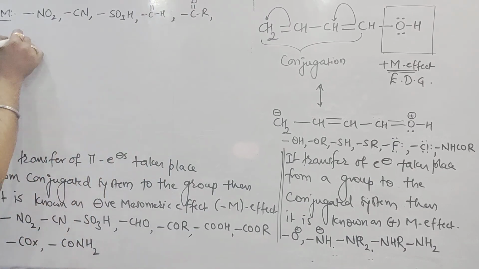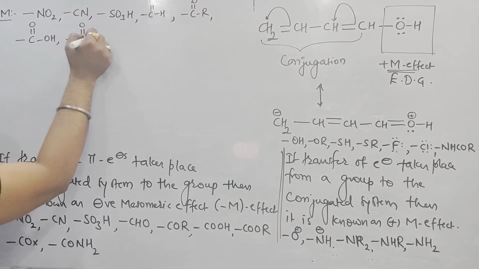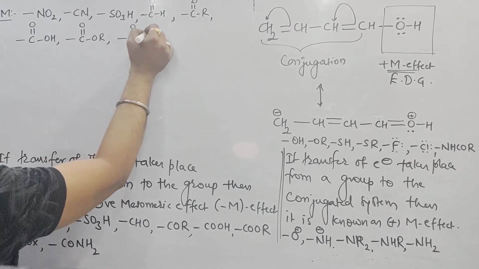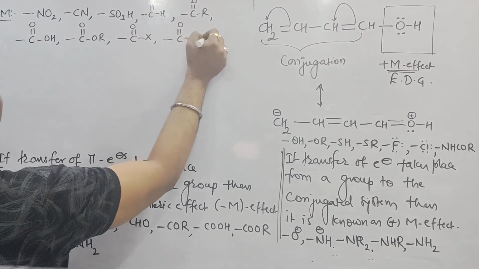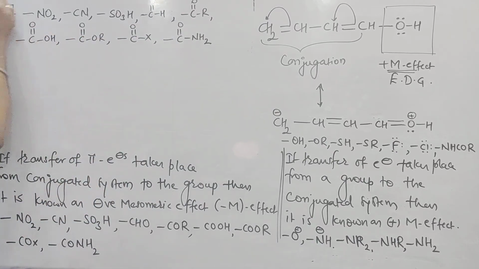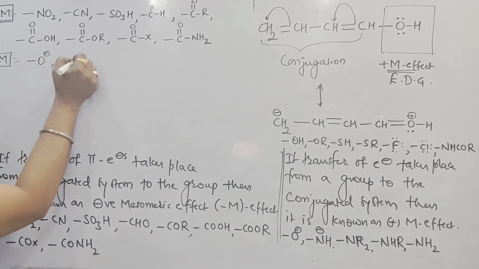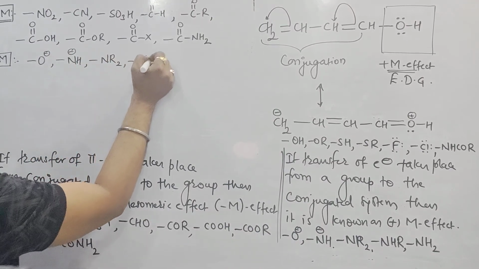It is also having minus M. Then acid is there. Acid means C double bond OH. Ester, C double bond OR, called ester. C double bond OX, acyl halide. Then we can say amide, C double bond O NH2. This is the effect of minus M. But we will write the plus M effect also. What are the groups which can show the plus M? I will write here: O negative plus M, then NH negative plus M, NR2 plus M, then NHR